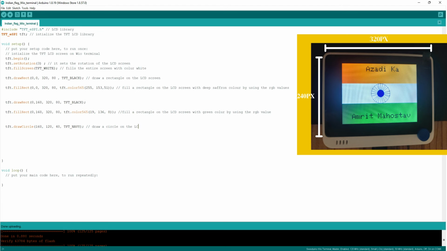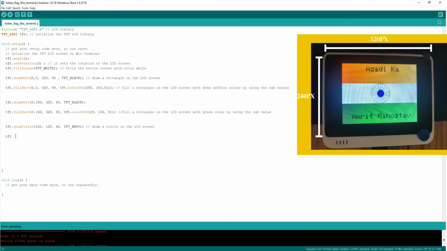on the LCD screen. Now let's discuss the components which went inside the draw circle function. So 160 cross 120 is the origin and 40 is the radius of the circle. So in normal English, I'm saying draw a circle with 160 cross 120 as an origin and with a radius 40. Alright, now I want to add one more circle, which you can also see in the image, but